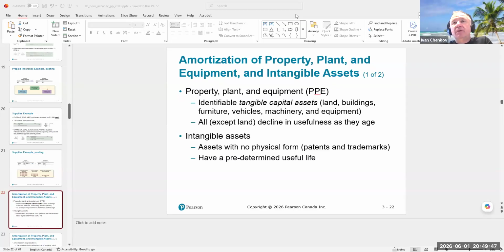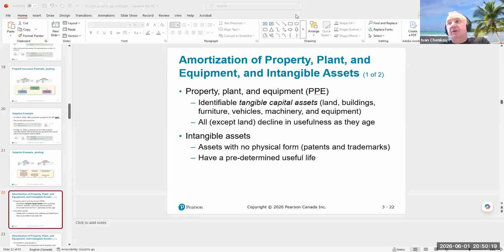Amortization. What do you know about amortization? Is there anyone? Do you know anything first? Do you know anything about amortization? Have you heard anything? Yes or no? No. So, amortization in the big picture is, again, don't forget, in order to generate revenue, we need to use